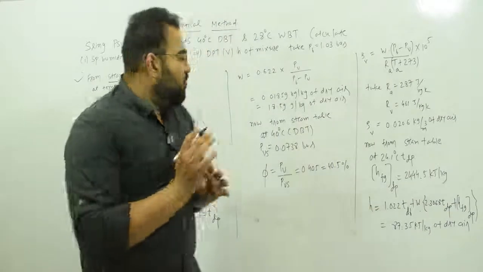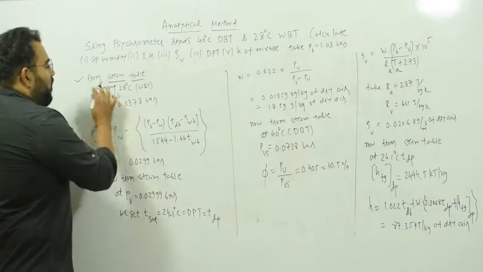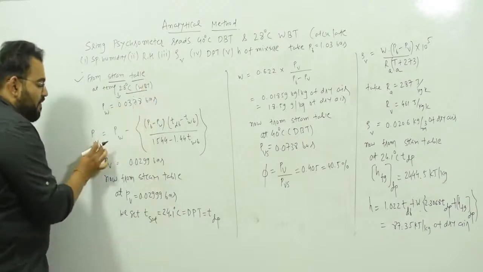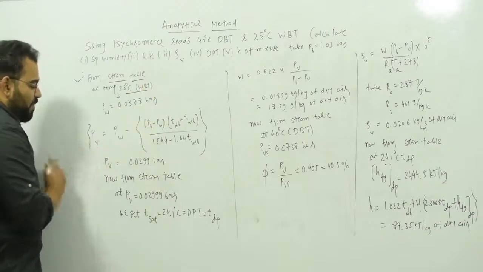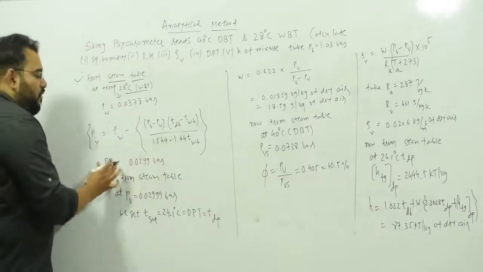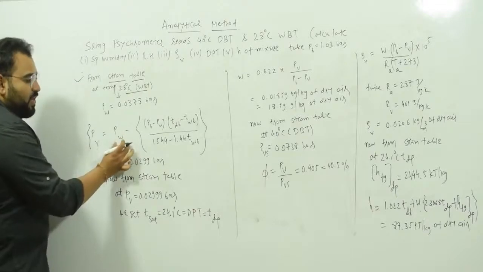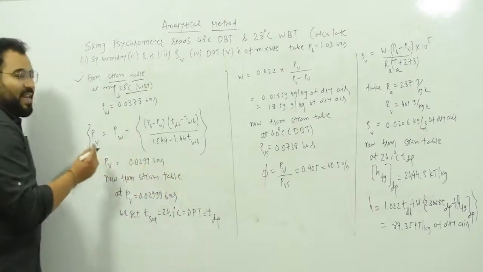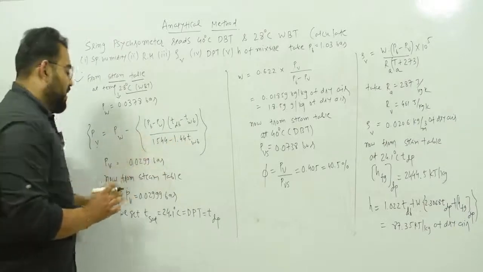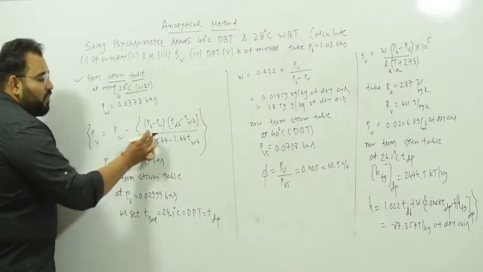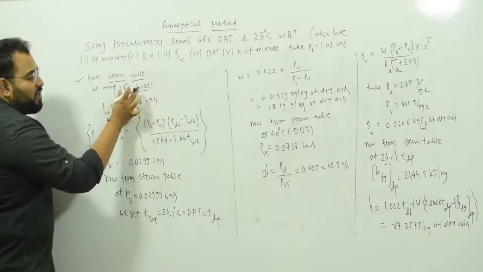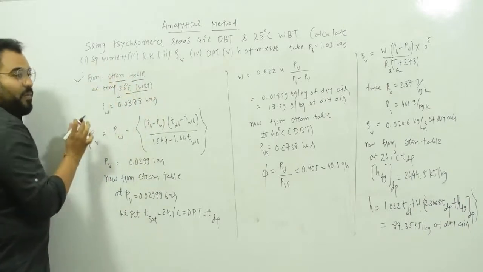Now first we have to use the steam table. From the steam table, first you have to take WBT. By using the WBT temperature, we will find the vapor pressure PV. To find this vapor pressure we require PW, because you can see this equation. This equation is known as Carrier's equation, that you have to remember. There is no derivation for that, you have to remember it as it is. Here one term, PW, is unknown. To find that PW we require the wet bulb temperature, and by using it we find PW from the steam table.